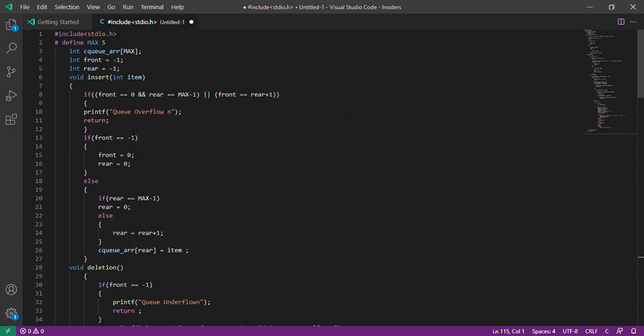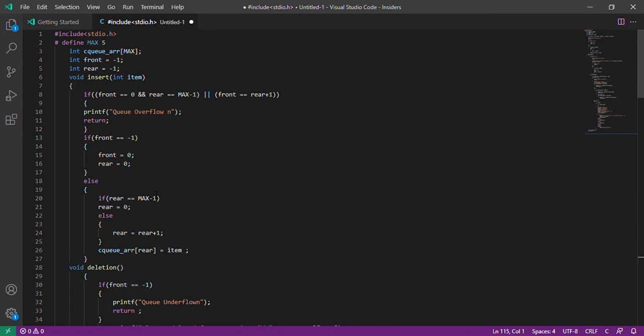Okay, then next there is a menu driven main function. The user is asked to enter his choice and the appropriate function is called to perform the task. There are two pointers. The front is the front of the queue and rear is the back of the queue.